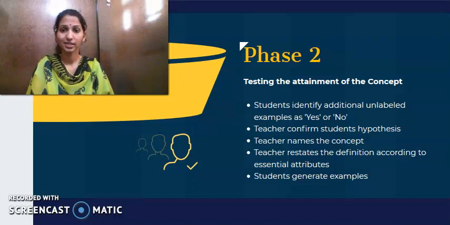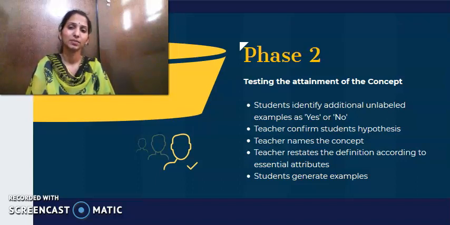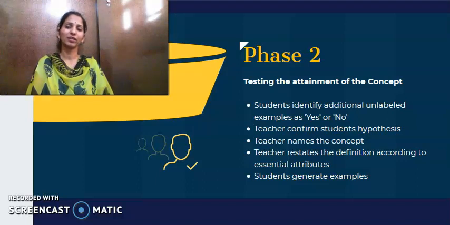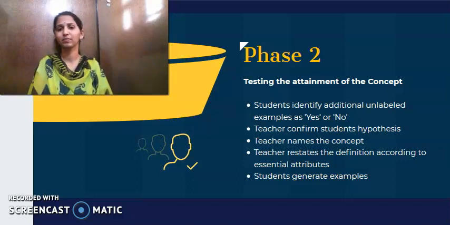That means the teacher doesn't present the examples under the heading of yes and no examples, but asks the students to identify which are yes examples and which are no examples. The teacher also asks the students to explain why it is a yes example and why it is a no example. Once the teacher gets confirmation that the students are able to identify the different examples out of the unlabeled examples, the teacher confirms the students' hypothesis,